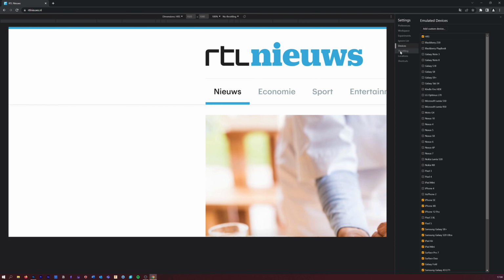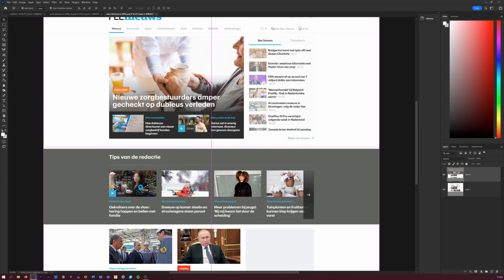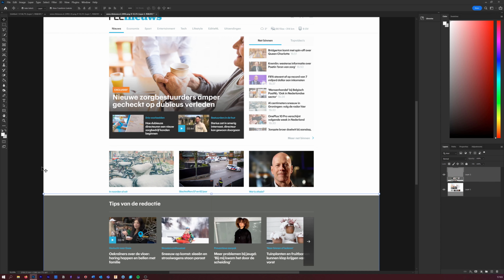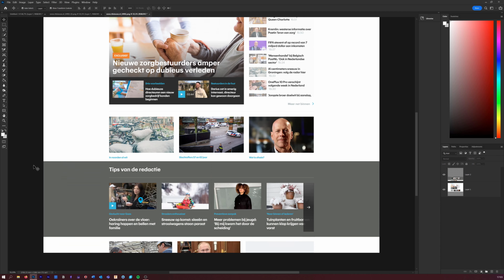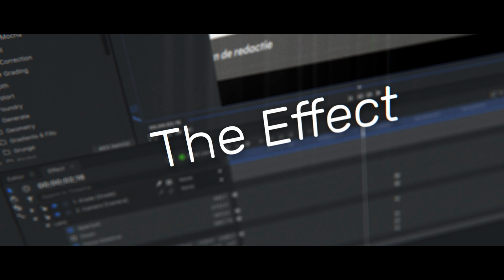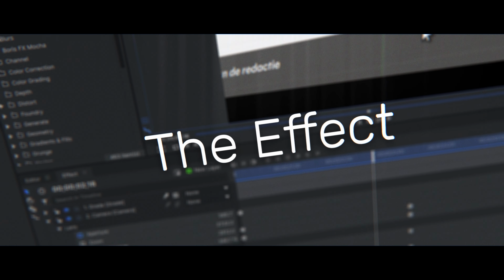If you want to capture a whole page like I've done here, create multiple screenshots under each other and stitch them together in your photo editor of choice. I suggest using a lower DPR if you do this so that your file isn't too big for HitFilm. That is the capture done. Let's head over to HitFilm to continue our effect.